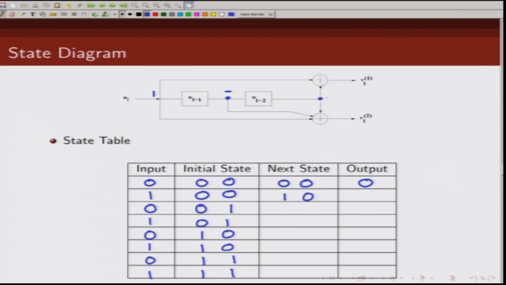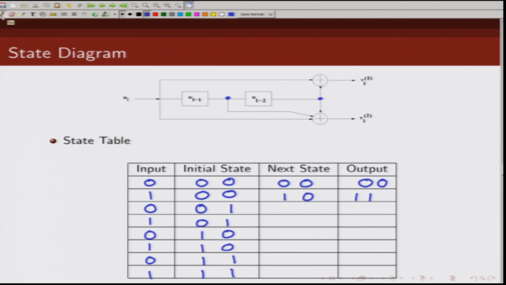So, the next state would be 1, 0. And what will be the output? Since the input is 1, initial states are 0, 0. So, 1 plus 0 will be 1 and 1 plus 0 plus 0 will be 1. So, this output will be 1 and this output is 0, 0. We have already mentioned this. Let us look at